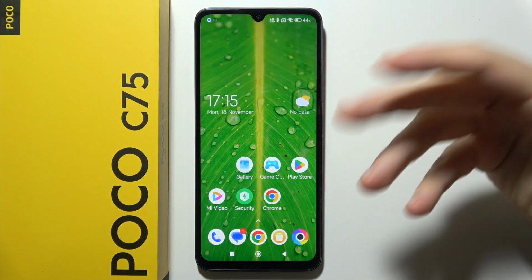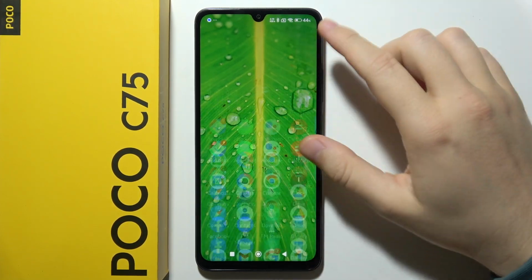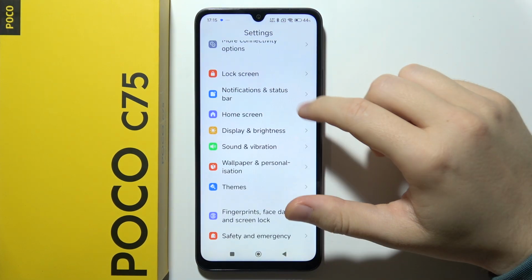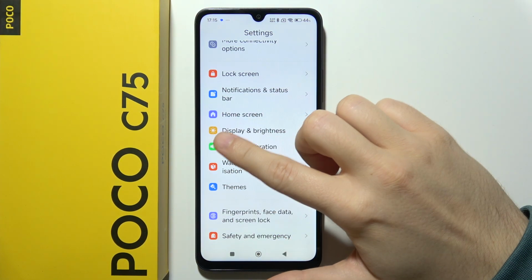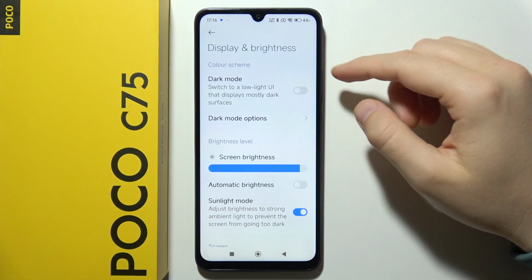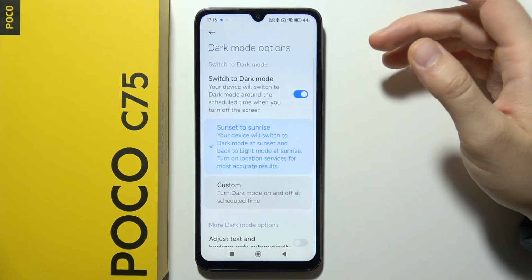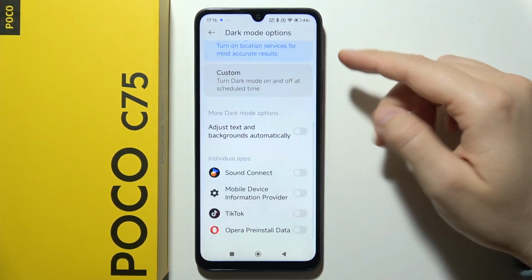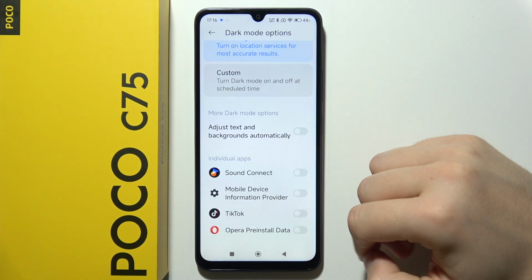Hello, let me show you all display settings that you can find on POCO C75. So for sure, we can find them in the standard settings, and here they are. They are called the display and brightness. And first of all, we can find here the dark mode and the dark mode options. So we can set the dark mode from sunset to sunrise and also force specific apps to run in the